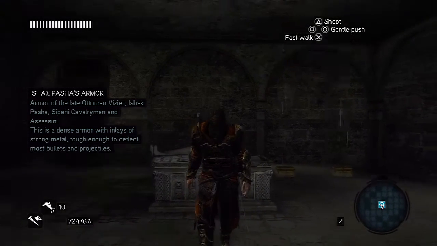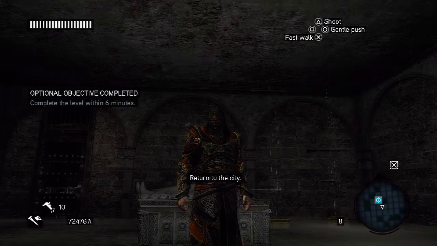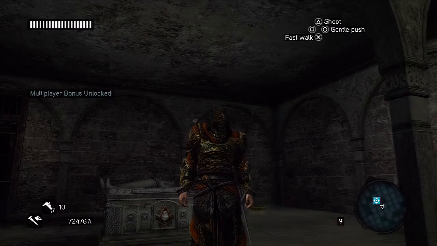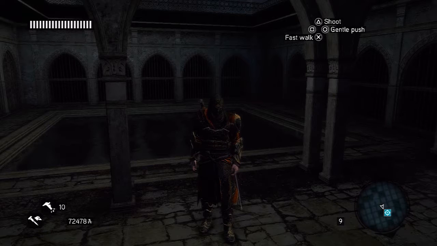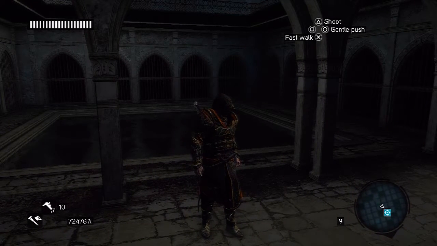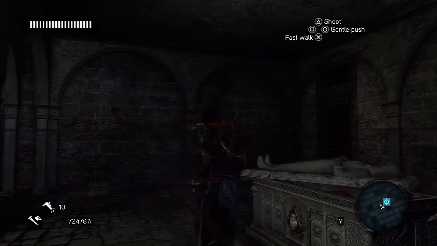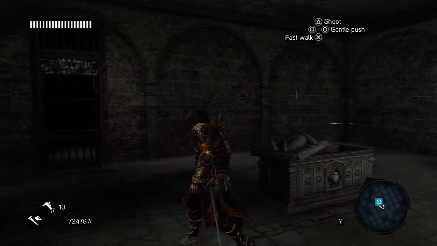Ishak Pasha's armour. Armour of the late Ottoman Vizier Ishak Pasha. Okay, I barely even got a chance to read that. Well, this is the armour. I'm not a huge fan of the mask, I will admit. However, it does have special bonuses, of course. And from what I am aware of, the mask actually comes off during the cutscenes, so it's okay. I think during the main story cutscenes, anyway. And also, like I say, it deflects bullets sometimes. It's a sometimes thing. It's not a 100% chance to deflect all bullets, because that would be too useful,